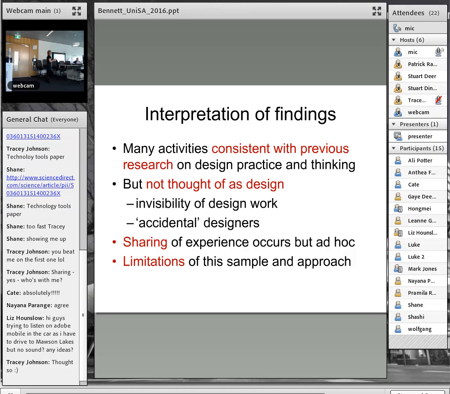And also our approach was to talk to people. Mind you, it was sometimes a long conversation, sometimes a 90-minute conversation about their design practice, but we didn't observe them. So we haven't followed through that process. That's just to put it in context, and to reinforce the point that now we know a little tiny bit, but there's still so much more we need to know.